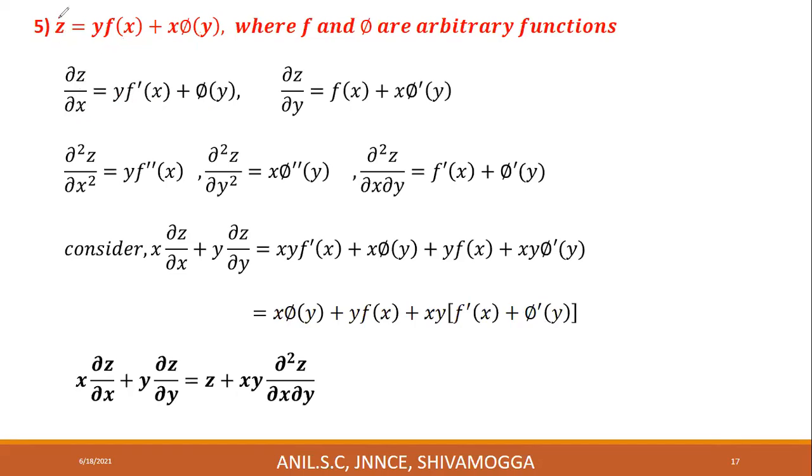Now differentiate the same equation, equation number 1, partially with respect to y. That derivative is denoted by del z by del y or small letter q. Derivative of z is del z by del y or small letter q. Now keep x and functions of x constants. F of x is constant, keep it as it is. Derivative of y partially with respect to y is 1. 1 into f of x is f of x. Here x is constant, keep it as it is. Derivative of phi of y is denoted by phi dash of y. The given equation is differentiated partially with respect to x and then partially with respect to y.